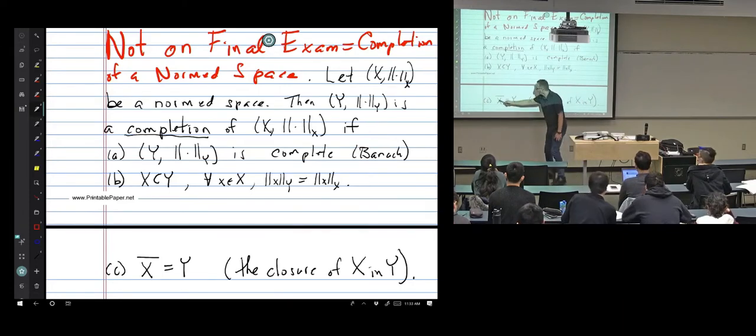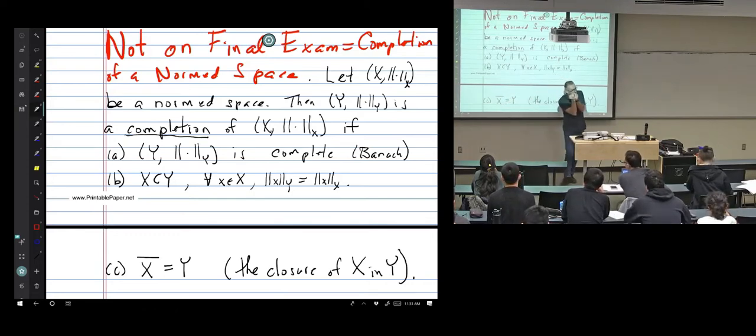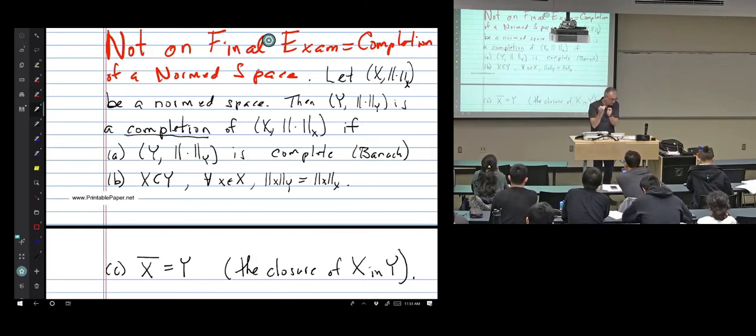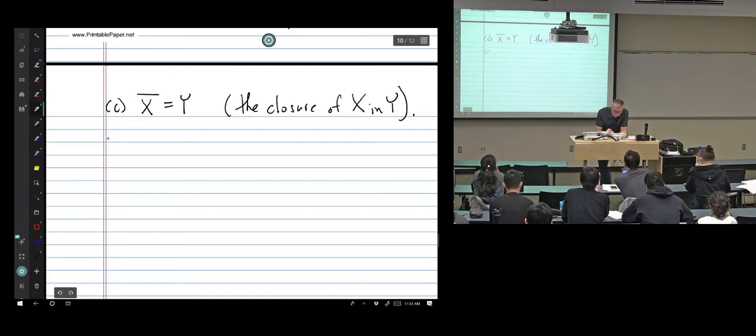But x is very tight in here, okay? Everything in y is distance 0 from x. It's really tightly in there, okay? It fits very tight. So y equals x plus the limit points